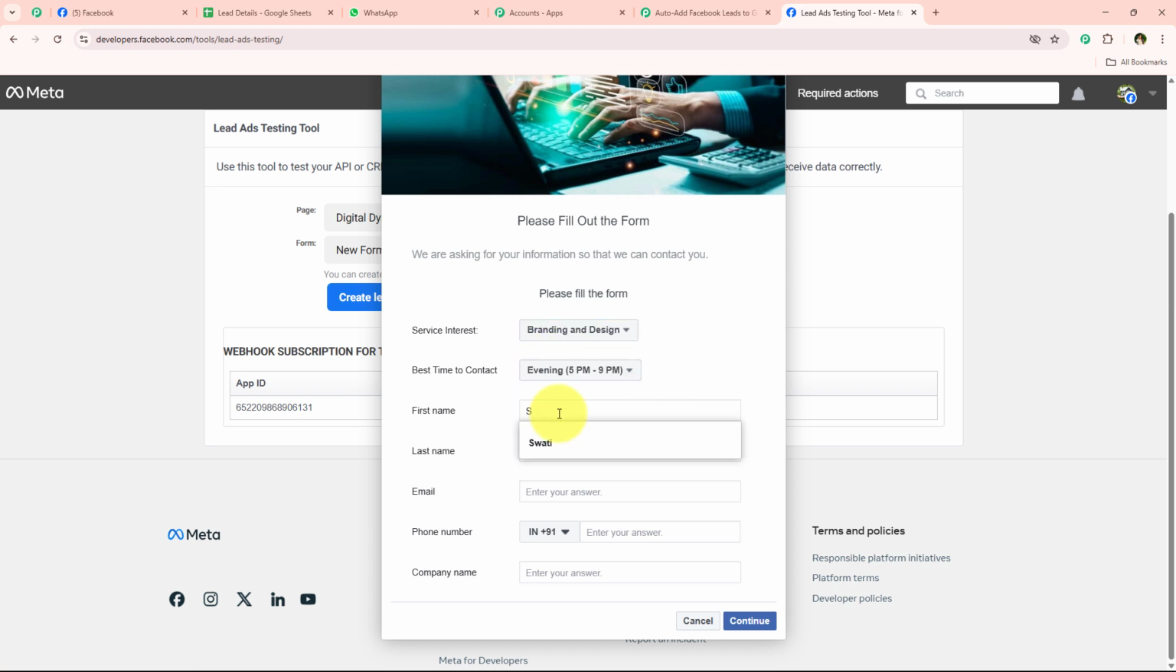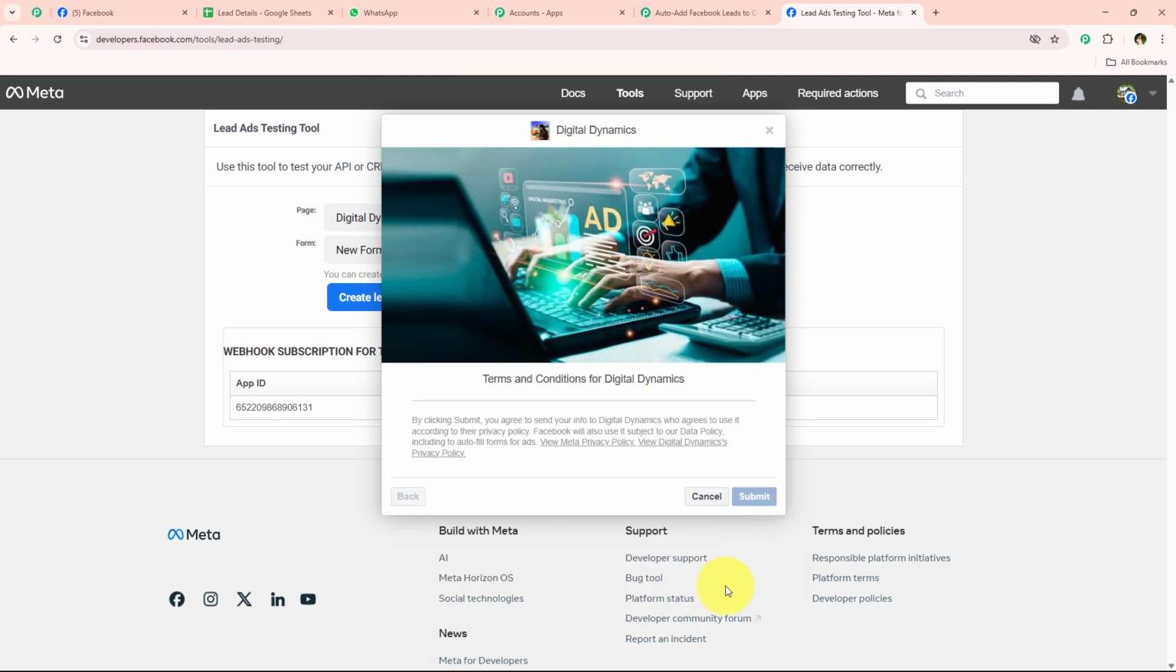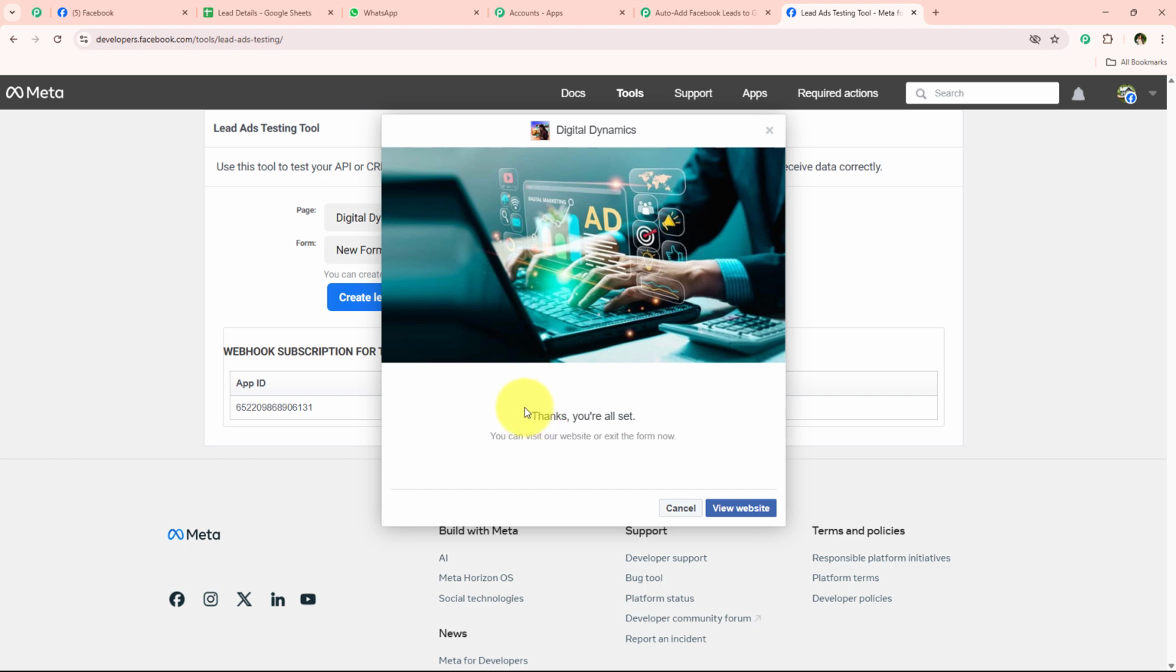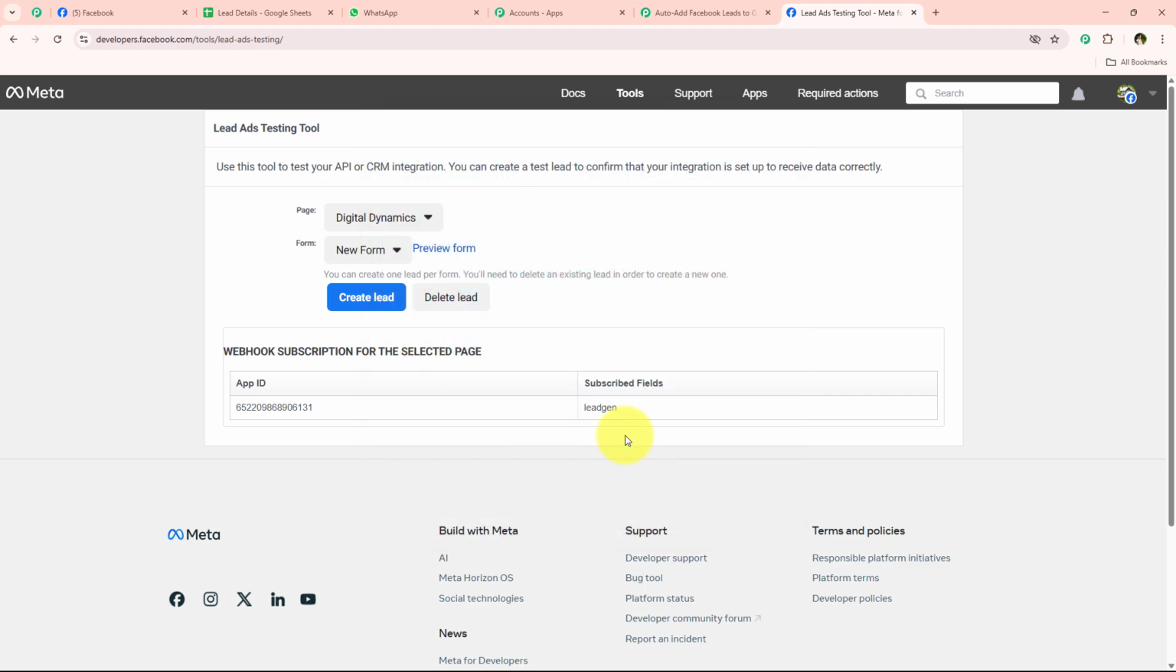I'm just going to keep the first name as smart, last name as user, email as smart@pabblytudes.com, and then for the phone number, I'm just going to keep it as this. And then for the company name, I'm just going to simply enter the company name as this right over here. And then I'm just going to move on further, and I'm just going to click on this continue and then submit. And once I click on this submit, yes, you can see it is saying thanks, you are all set. So with this, we have successfully created the test lead,